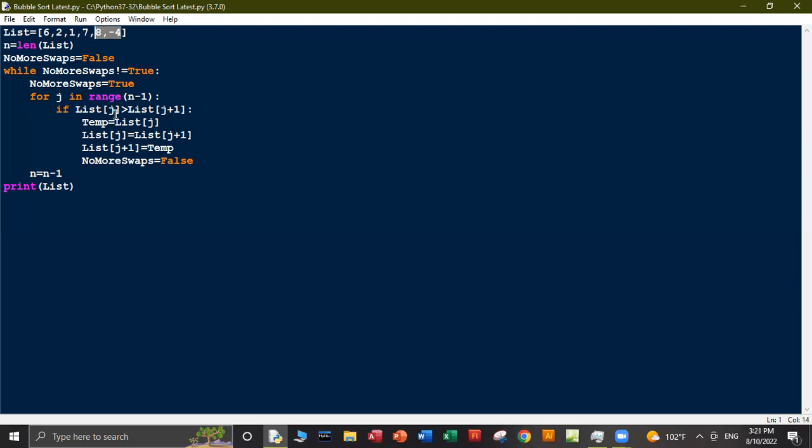Okay. So at first, what? It checks list of 0. What is list of 0? This 0 is the index position. So list of 0 means 6. Is 6 greater than list of 0 plus 1, which is 1? Yes, it's greater than. So if the previous number is greater than the next number, then